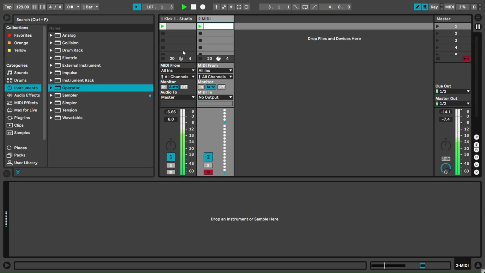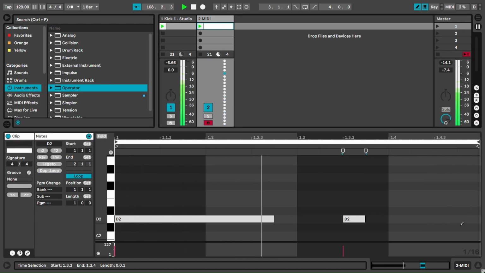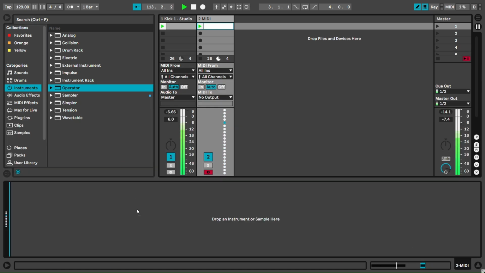So yeah, I've set up this MIDI, so it's just playing a couple of notes. You don't want too many notes because you use delays and stuff later on and it will get crowded. So this is the MIDI I've used. Then I'm going to chuck in an operator,